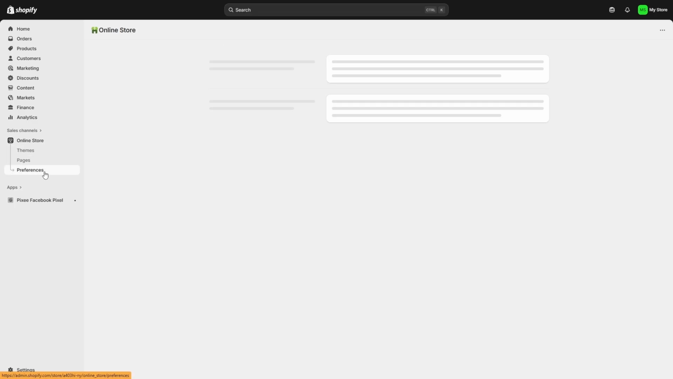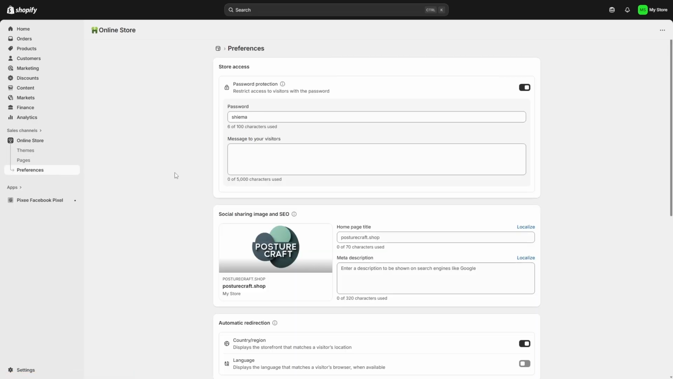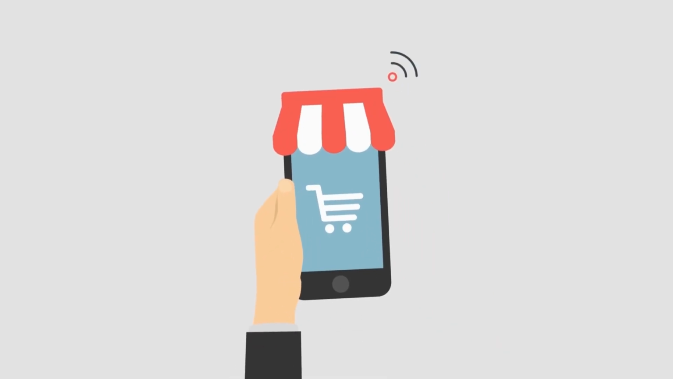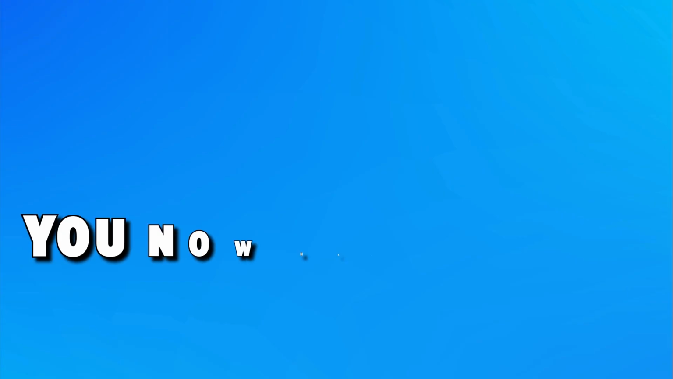Go to online store, preferences, scroll down to password protection and click disable password. That's it. Your store is now live and accessible to the world. You now have a clean,